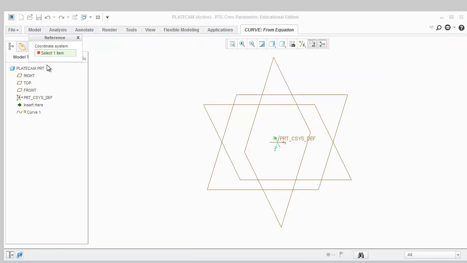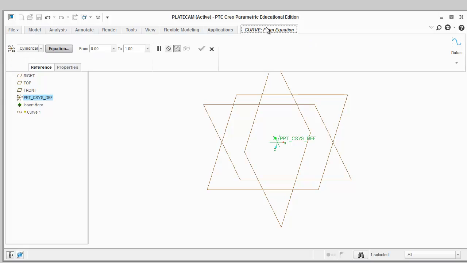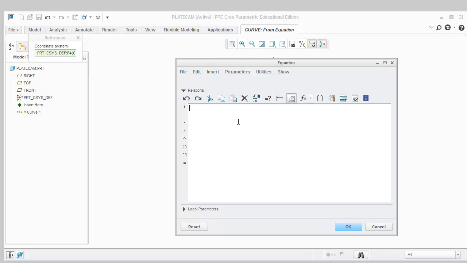I'm going to reference this part by selecting my coordinate system. So I've selected my reference. I'm going to go to the drop down menu and select cylindrical. And then I'm going to select equation to edit the equation, and I'm going to type in r is equal to